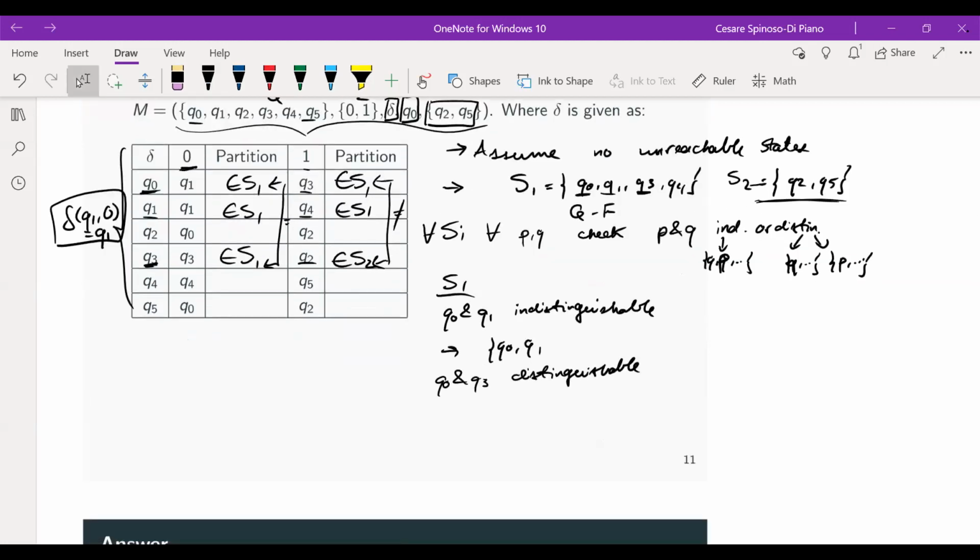So what that means is that you have Q0, Q1 in one partition, and Q3 is going to be in a separate partition. I'm still keeping this open because it's possible that Q4 is in here. And I'm still keeping Q3 open because it's possible that Q4 is in here. Or Q4 can be distinguishable from all the others, and Q4 is going to be here. Okay, so there's a couple of possibilities. But I know for certain that Q0 and Q3 are distinguishable. The next pair that I'm going to check